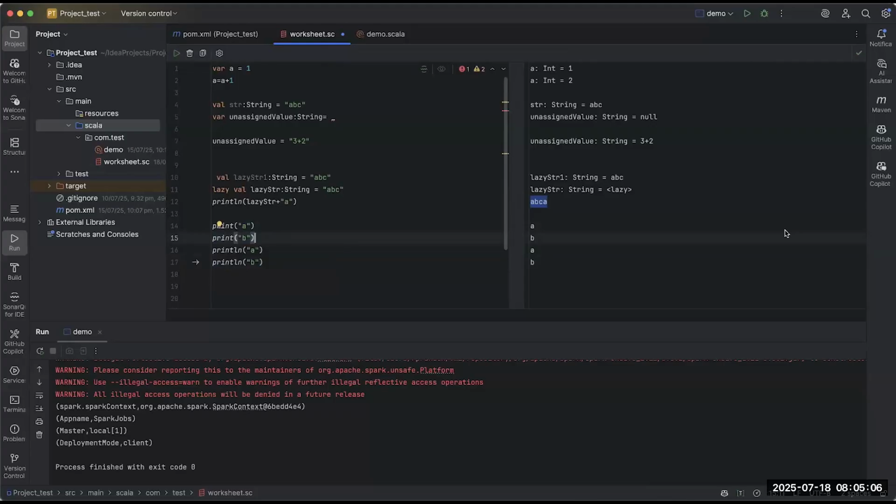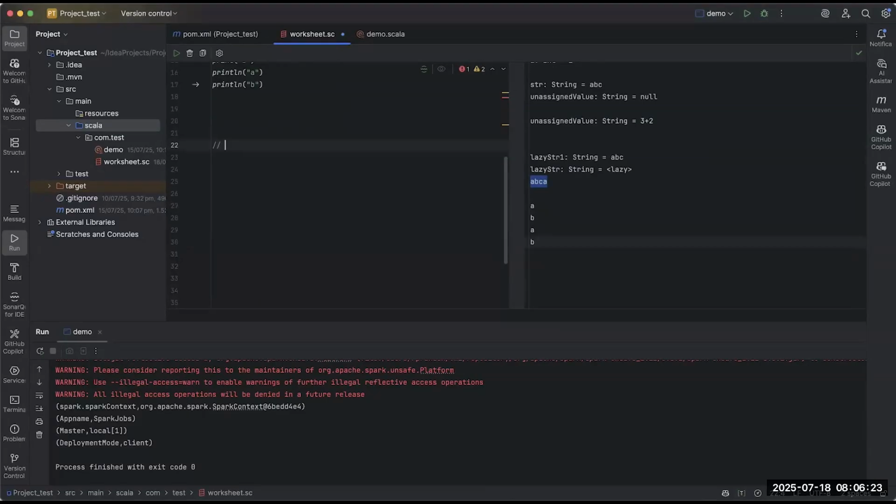So a lazy variable is an expression and operator, like I told you about the arithmetic and comparison operators for programming.